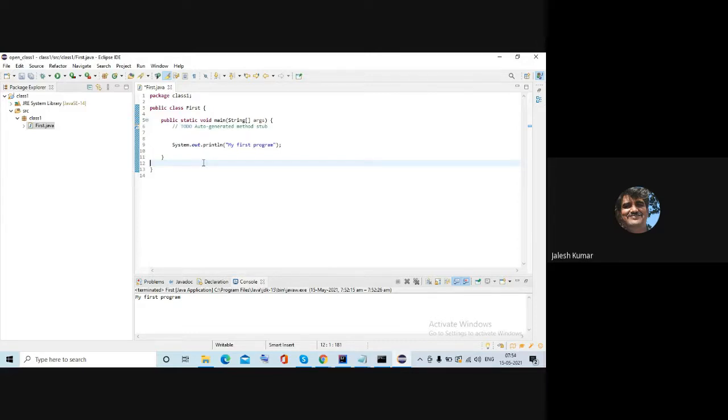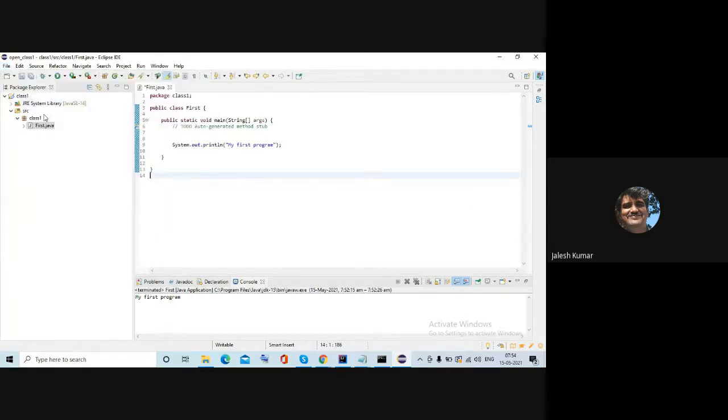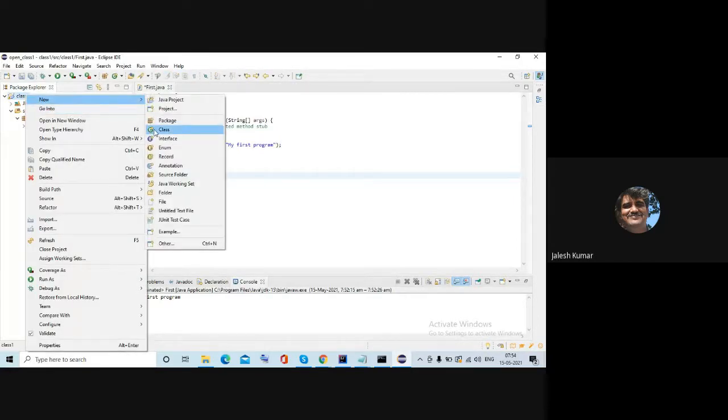This is how to work with Eclipse. Once again, I'll repeat, go to File and first select Java Project, and after that one folder will be created. You go to that folder and right click on it, go to Java Class, and create the class.